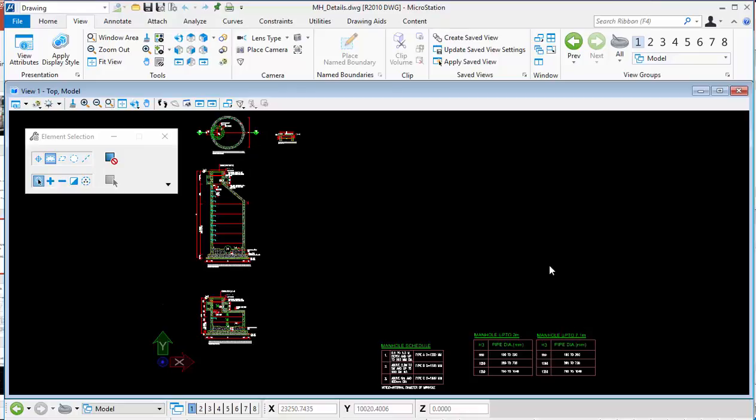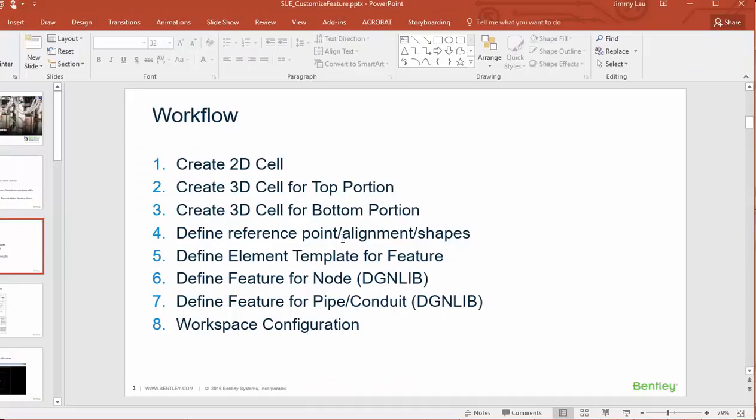This demonstration will show you how to create customized features by using Bentley Subsurface Utility Engineering (SUE). In creating your own or customized features, there is a different workflow for each of them. First of all, it's very important that you create a cell library and DGN library for your